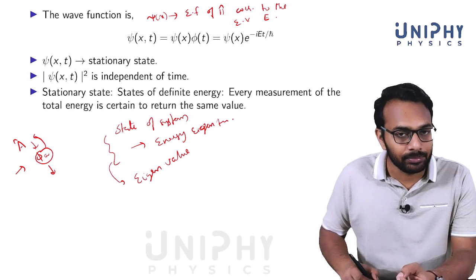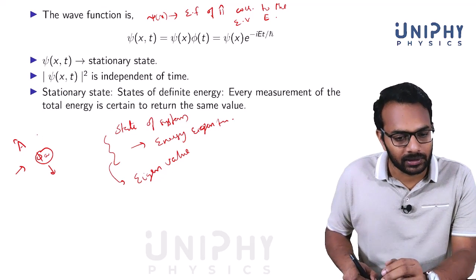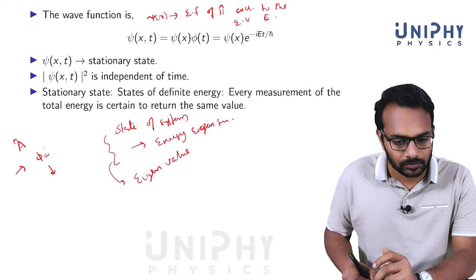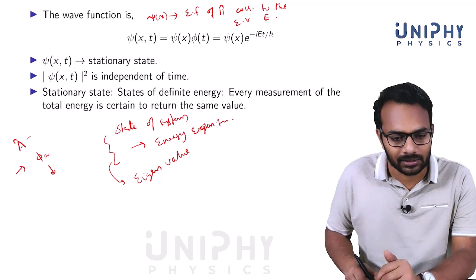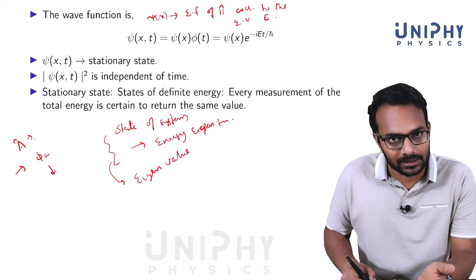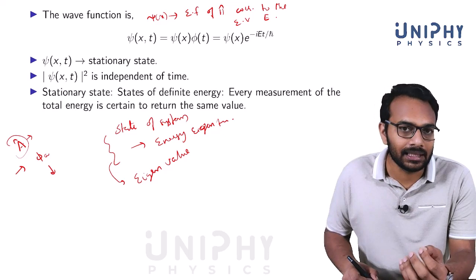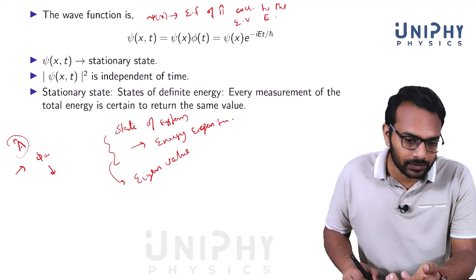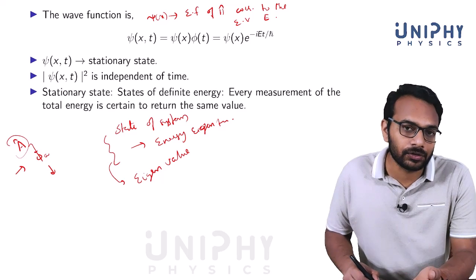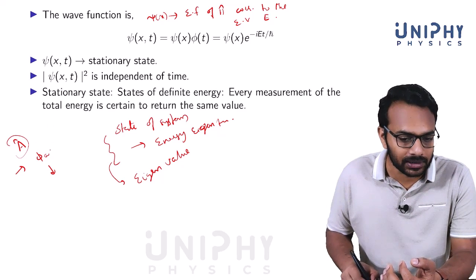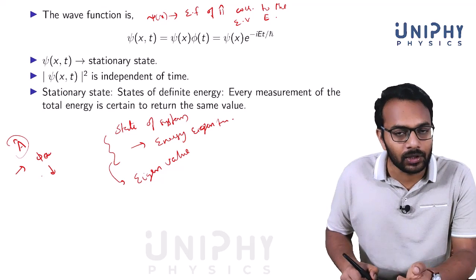So I'll repeat, if you have a Hermitian operator, it could be momentum, it could be energy, anything, any Hermitian operator, any measurable, observable thing. We know that observables are represented by operators, so this operator represents an observable. Now, if the state of the system is an eigenfunction of this operator, let's say corresponding to the eigenvalue A,